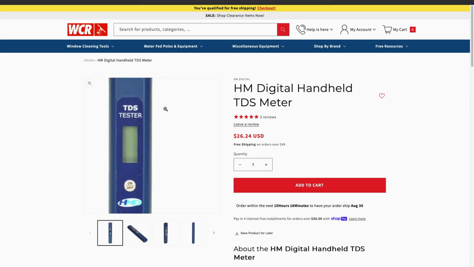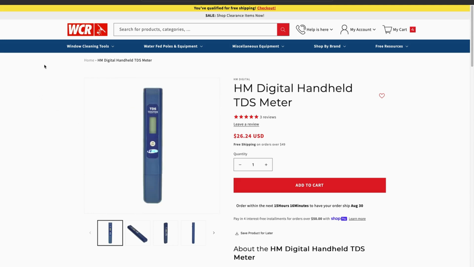But just to check your TDS for your system, this is, I guess, a good one to get. I actually thought I lost mine, but then I ended up finding it. So I bought one. It works phenomenal, actually. So yeah, it works well. All right, so